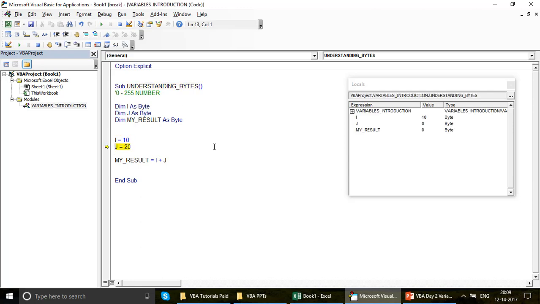So till the time the macro is running, they are available. When the macro finishes, it's gone, right? So this is the first thing. Now the second thing which I want to do here is, just in case I ask you a question,